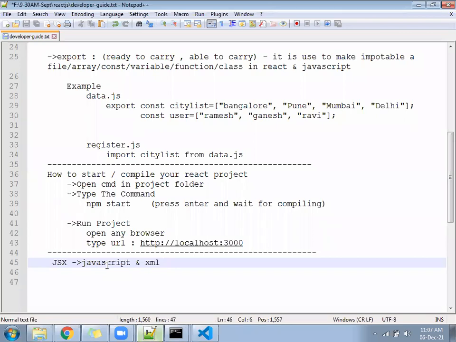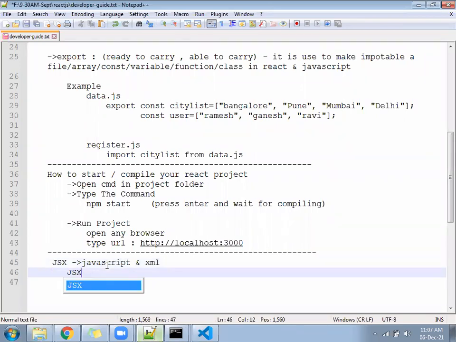Come down below. JSX equal to what? Where does the JSX come from? So full form is JavaScript and XML, but where is it going to come from? Definitely JavaScript code is required. Inside JavaScript, you have to write the HTML code, slash, you have to write the XHTML code.